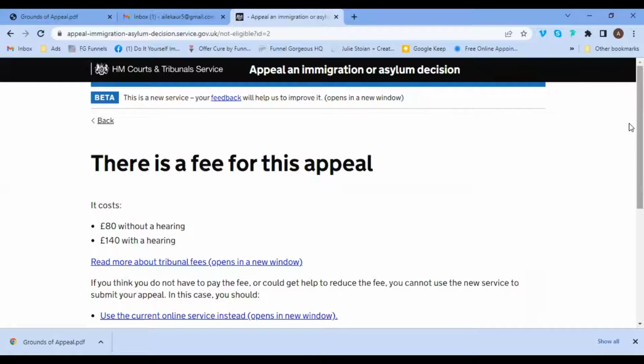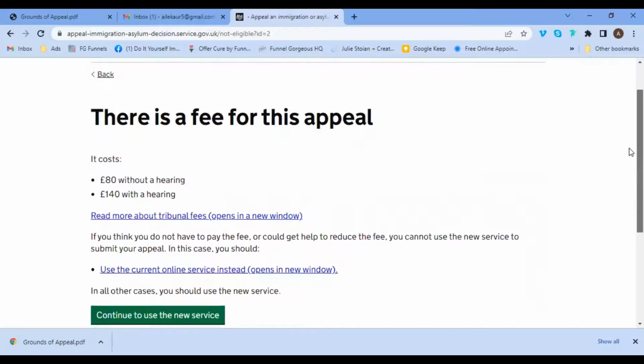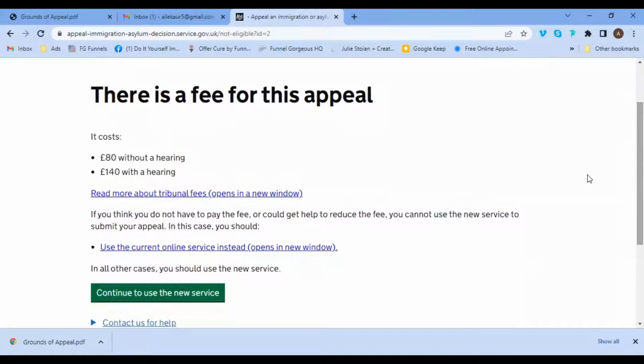Now, there is a fee for this appeal. You can't have everything for free. So if you are just going to appeal without a hearing, you just want to submit all the documents and hope for the best that the tribunal, the judge, will scour through and read everything. They usually do, but they don't pick up things that you haven't told them. Okay, and if you're just submitting papers, but there are no documents and no arguments included with your appeal, then as a former immigration lawyer,